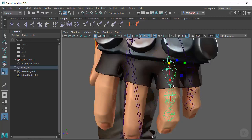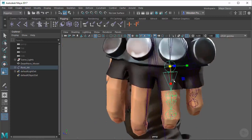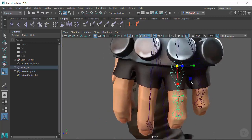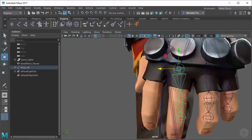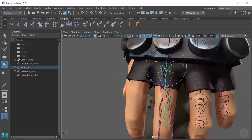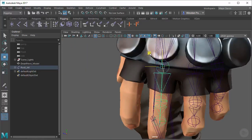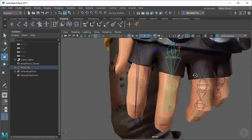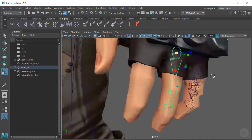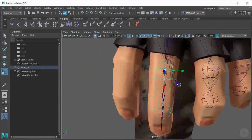We can always adjust them little by little later on, but for now I'm going to move on and duplicate this with Shift D and scoot it right over to the middle finger here. And I want to reorient this whole entire chain so that it lines up with that finger. And then I want to move the knuckle up a little bit where I think it belongs there. And then I'm going to extend or retract these bones here so that the following joints line up with their